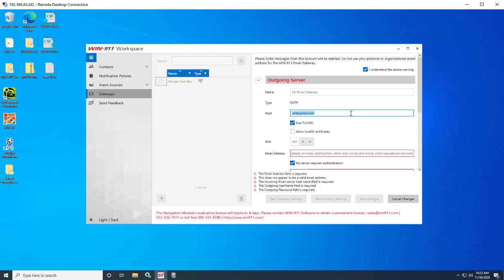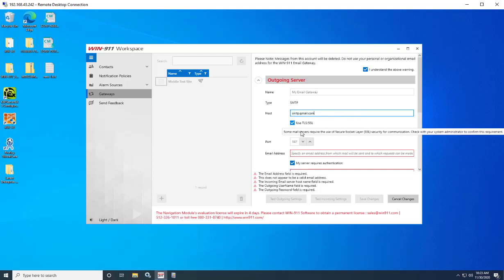WIN-911 is just a mail client that is requesting permission to send email through whichever host is entered here, whichever SMTP server host. So for a very simple and easy to set up for everybody guide, I'm going to be using